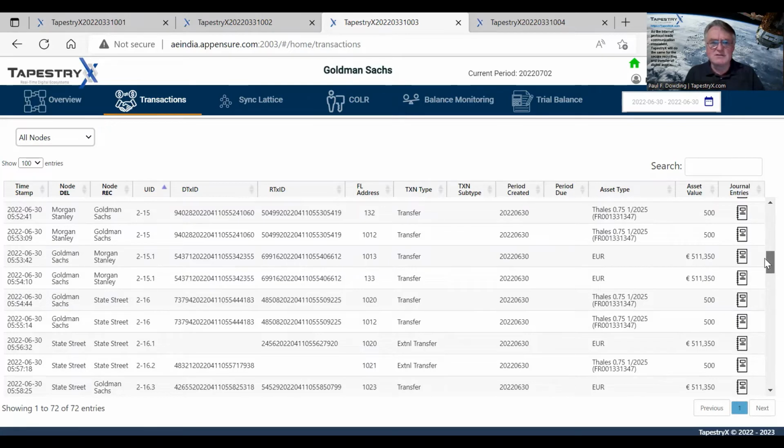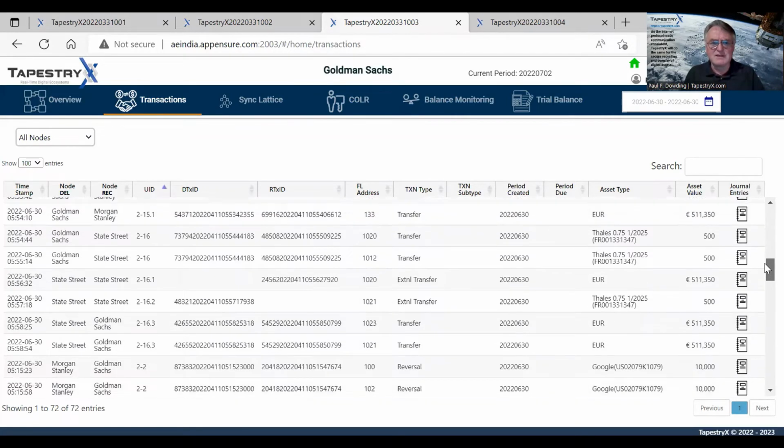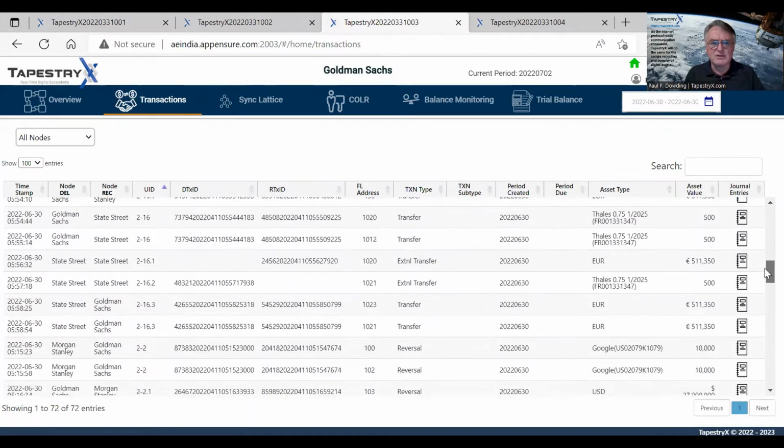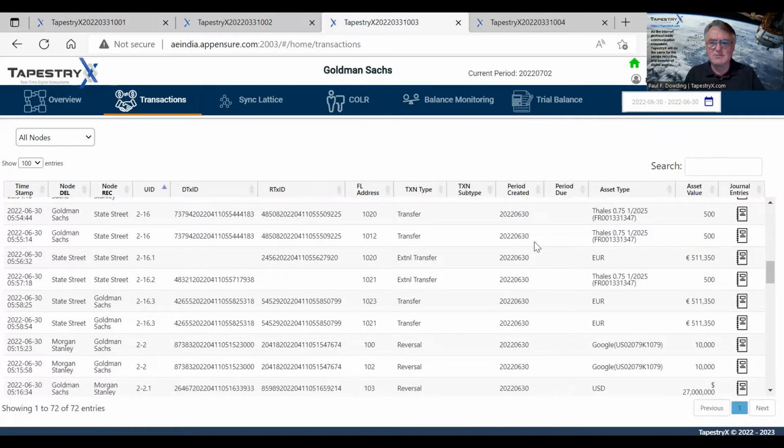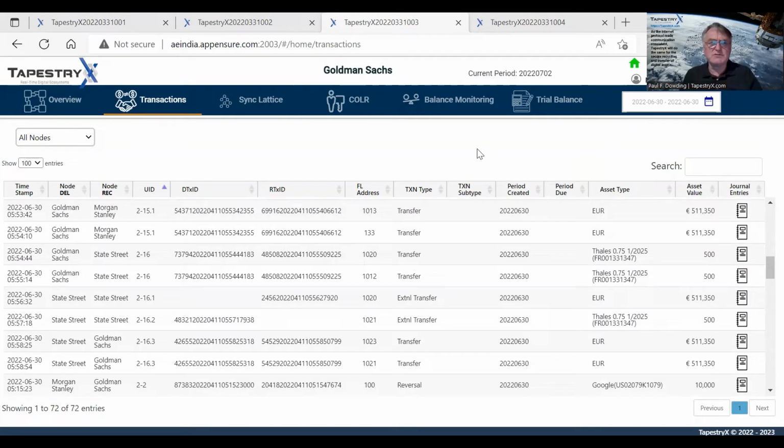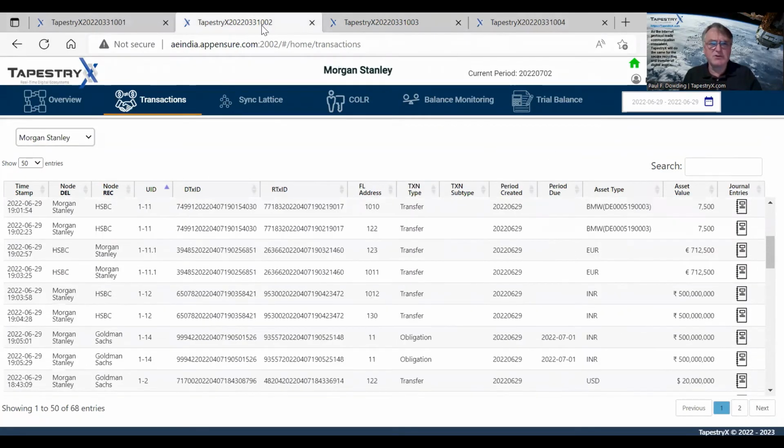But subsequently, Goldman has a counterparty who it sells to, so then it delivers the corporate bond versus euros to State Street. Now, I made all the amounts the same, but you can imagine in a market situation there'd be different prices and different transfers. With accounting, we'll show 2 things that are possible here. We'll come back to this BMW trade, just look at the accounting.